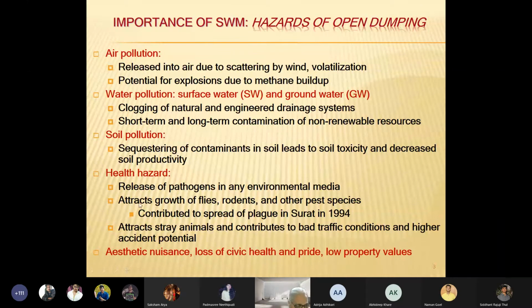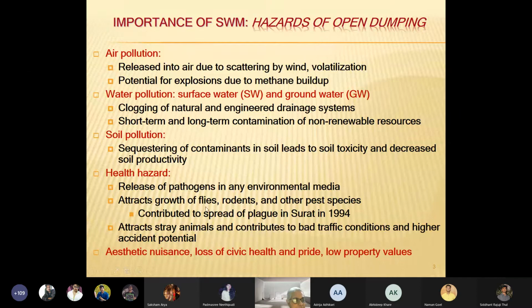Then we come to health hazards, not less important, but it's also one of the most important reasons. What is one of the biggest problems with these open waste dumps? One of the things is that these dumps become a sort of focal point for the growth of pathogens as well as what we call vectors. So you have flies, you have rodents, you have mosquitoes, rodents meaning rats and mice, and these kinds of pestilent species that are going to be attracted to the waste, and they will cause the release